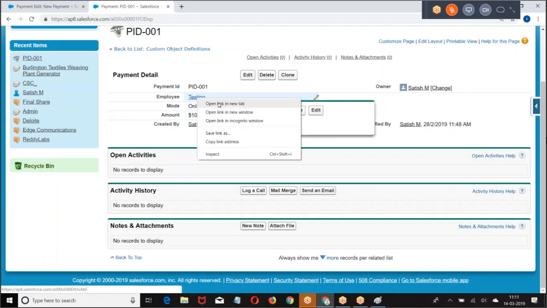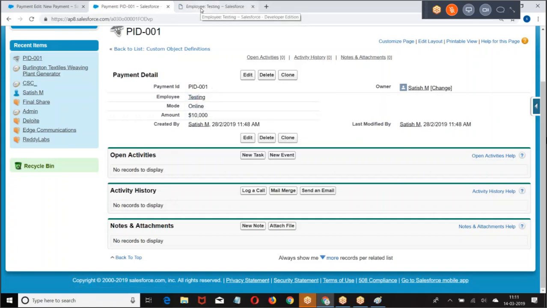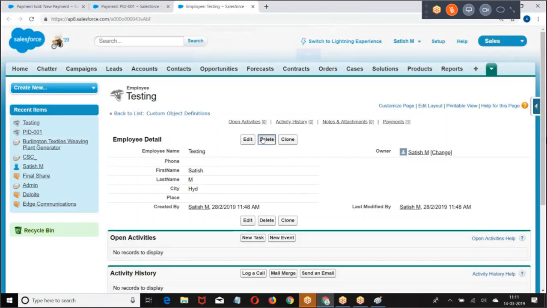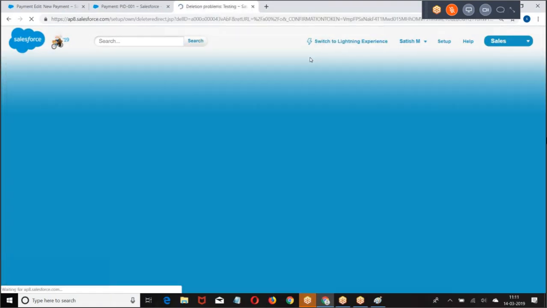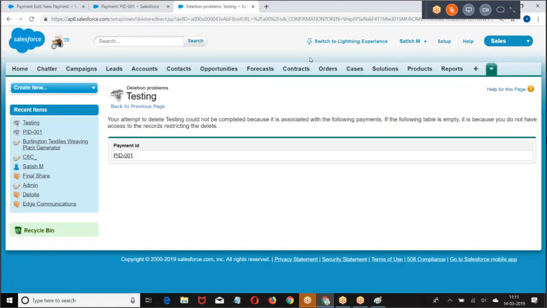When two objects are connected by a master-detail or a lookup relation and I am trying to delete a parent record called testing, it says you cannot delete because it has a child.